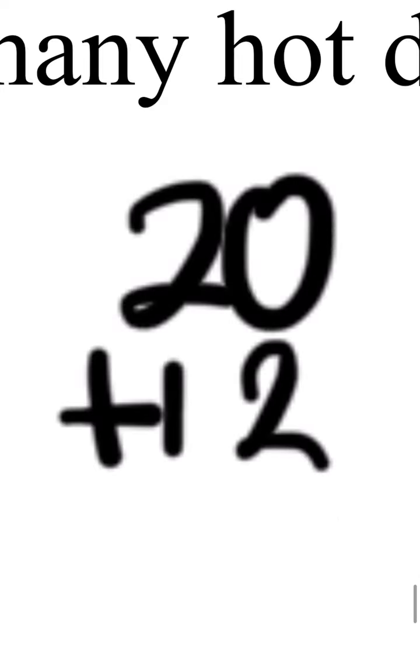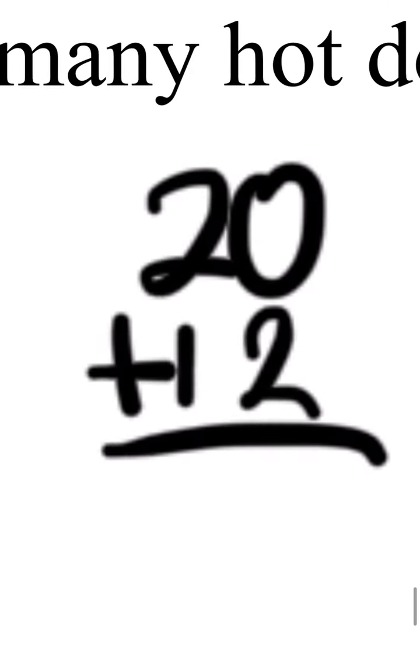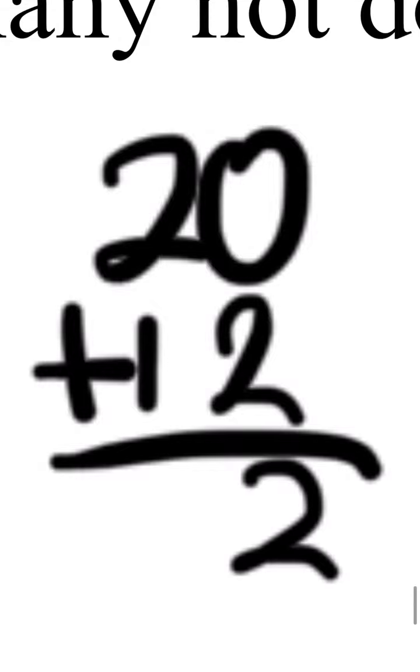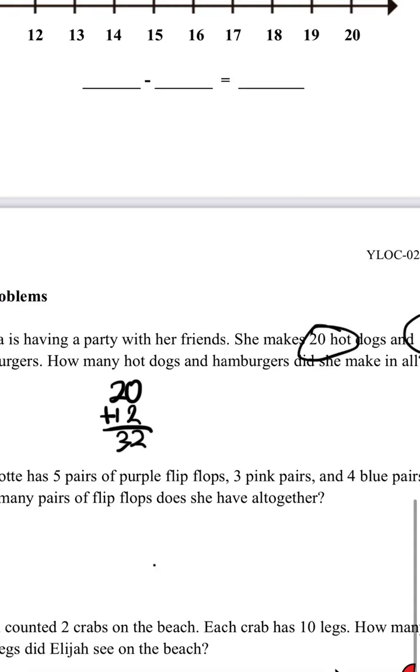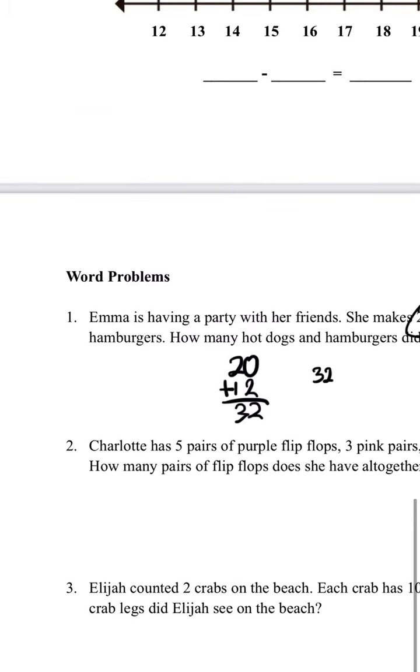0 plus 2 is 2, and 2 plus 1 is 3. So 32 is the answer